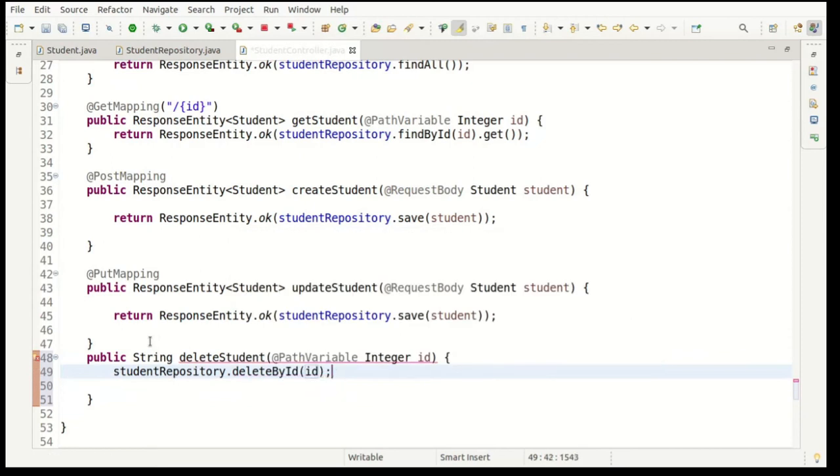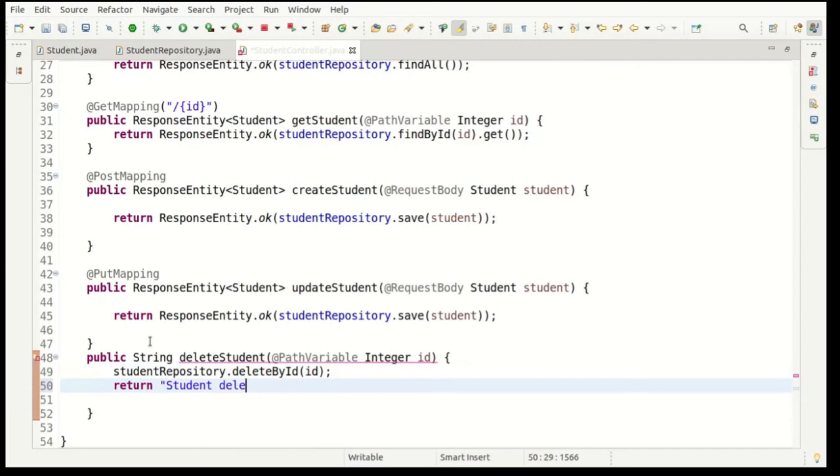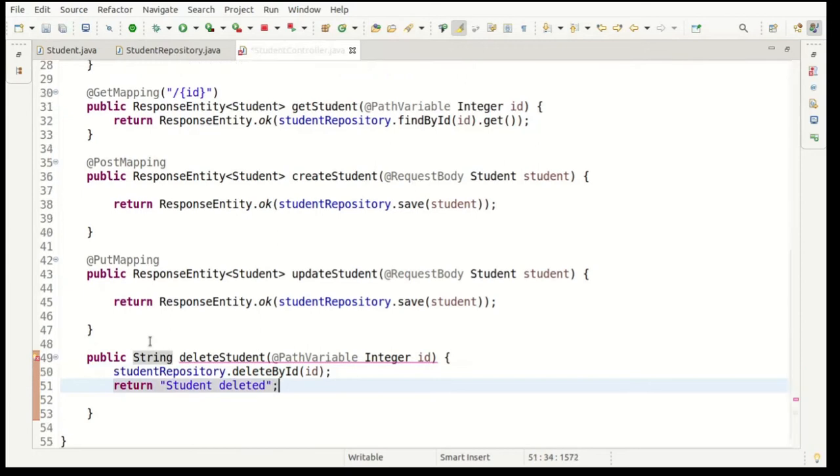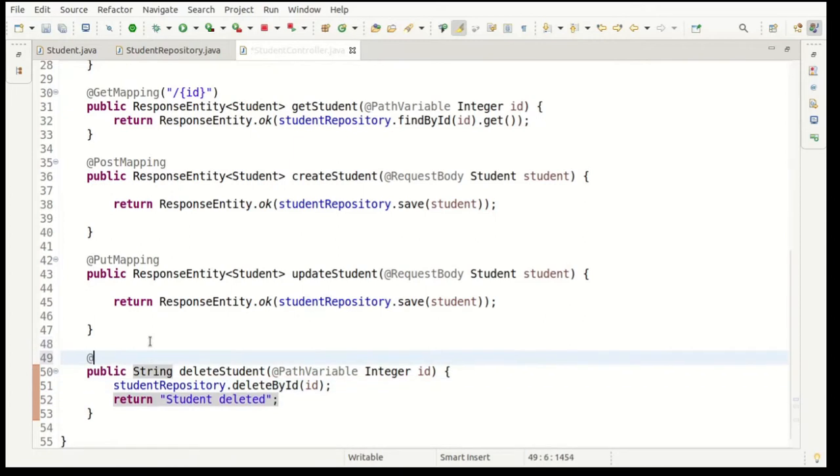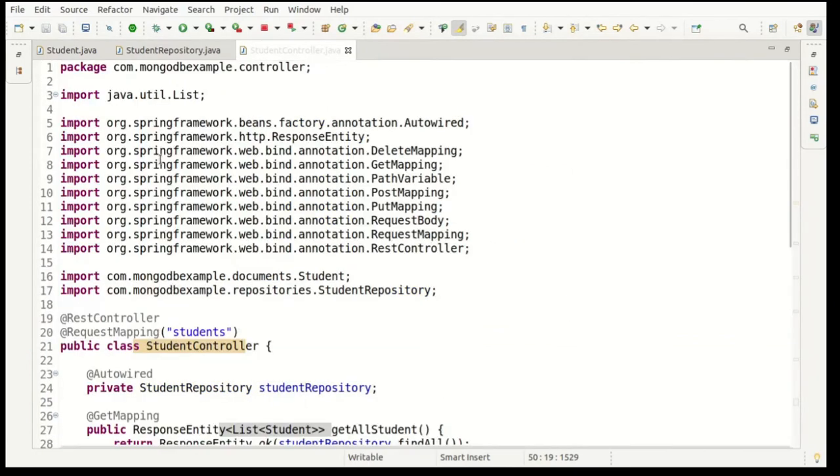So just pass the id, and it will delete and return student deleted successfully or whatever you want. That's it. And let's add one delete mapping. Done. Now let's run this application.